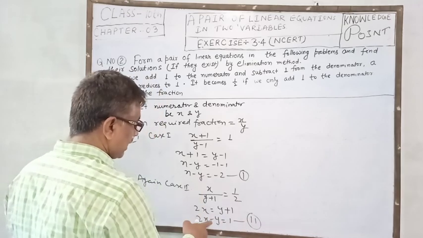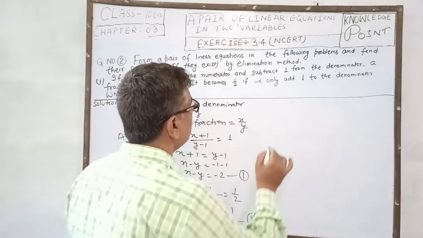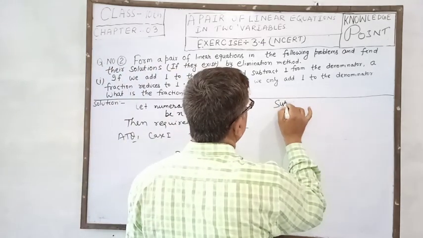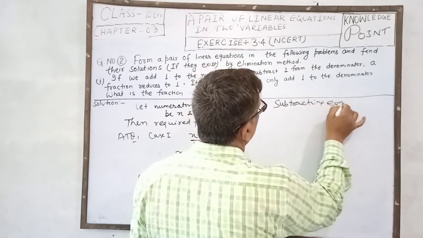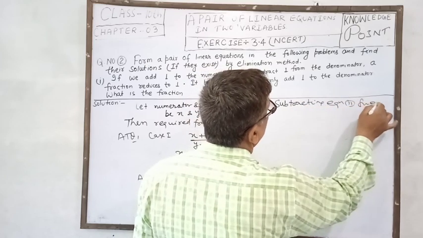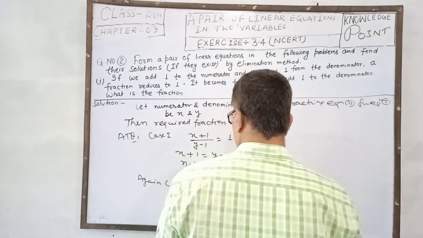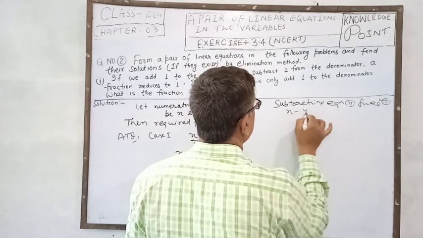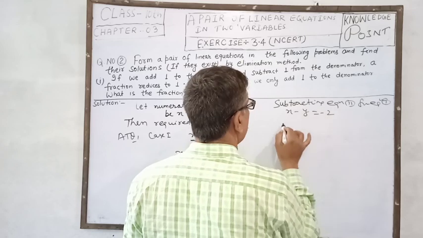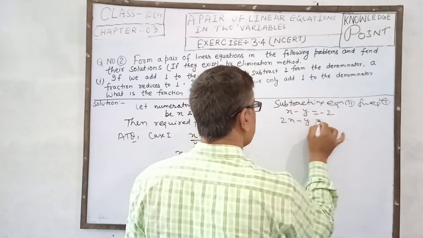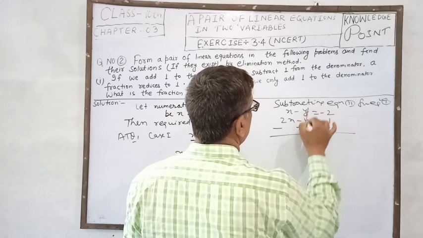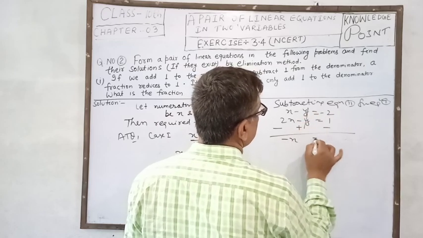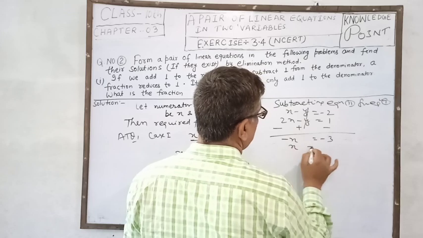Only subtracting, y cancels. Subtracting equation 2 from equation first, you write above x minus y equal to minus 2, 2x minus y equal to 1, minus plus minus, so y cancels, minus x equal to minus 3,